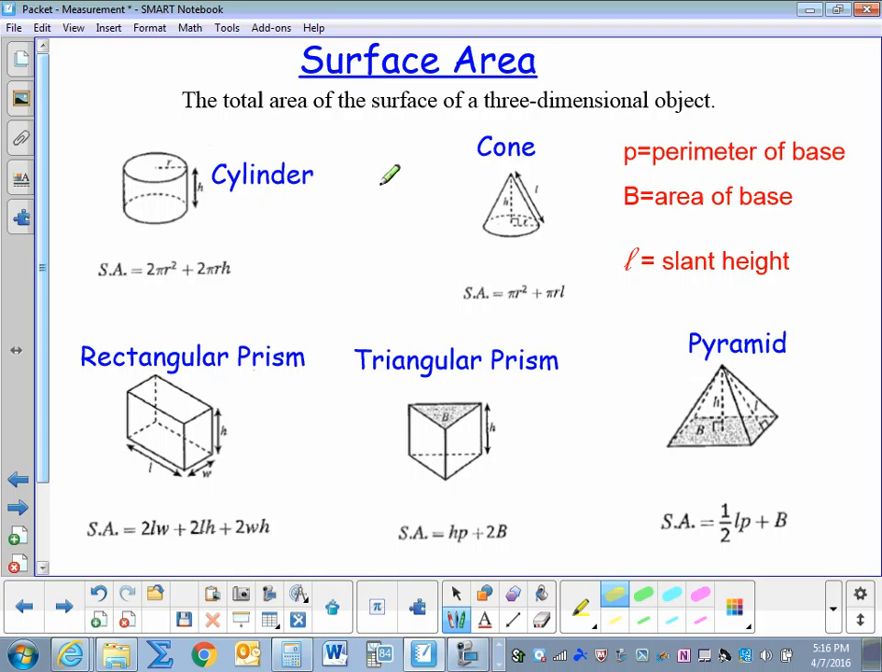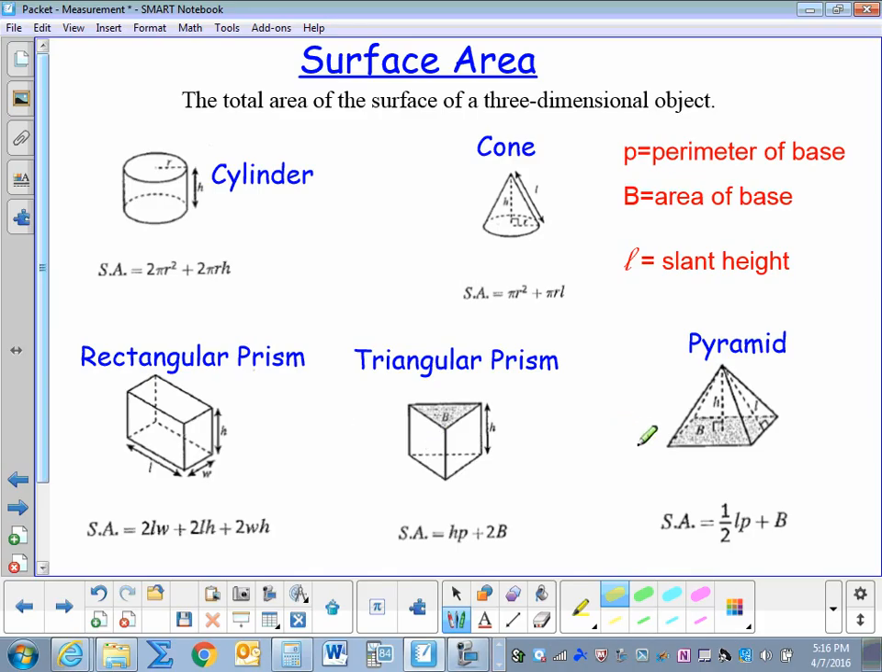Today we'll be calculating the surface area of three-dimensional objects. The surface area is the total area of the surface. We'll be calculating the surface area of a cylinder, of a cone, of a rectangular prism, of a triangular prism,